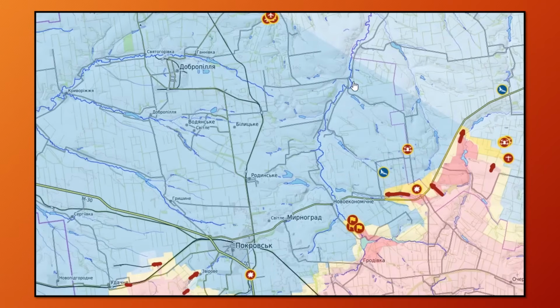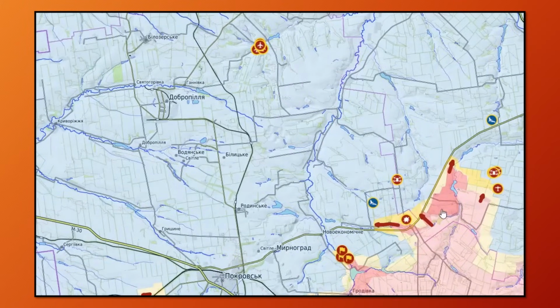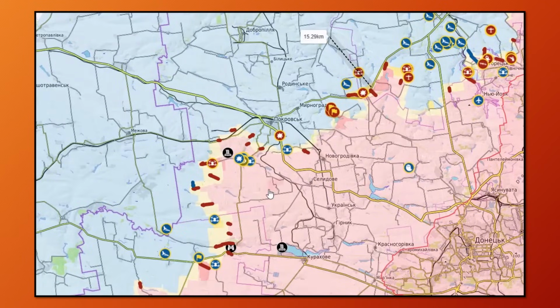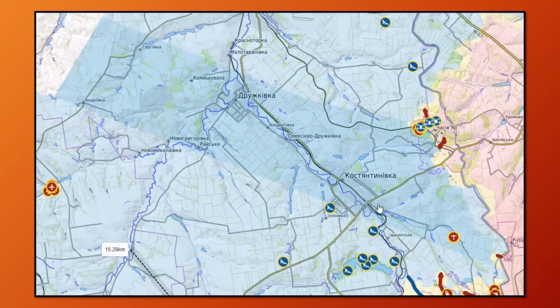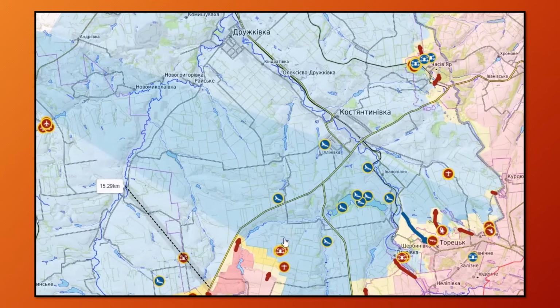So this hub here, Shakova, this is where Russia is pushing with these units here. Straight up. Let's see how far that is. Roughly here to, say here, 15 kilometers. That is a big push. It's going to take them forever, just like it took them forever to push south of Pokrovsk, but that is what they're aiming for. Reaching the urban belt here, I don't think that is... I mean, secondary objective coming up here in the middle gives them opportunity to push this way. But I mean,